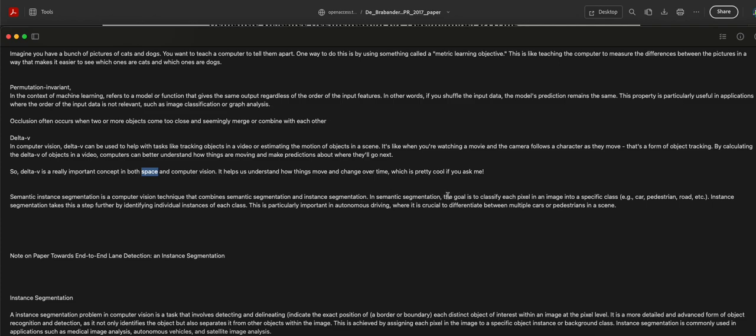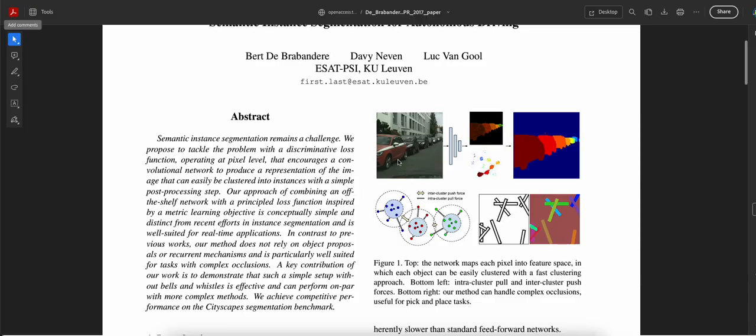In semantic segmentation, the goal is to classify each pixel in an image into a specific class, for example car, pedestrian, etc. Instance segmentation takes this a step further by identifying individual instances of each class. So if we look at this example here,